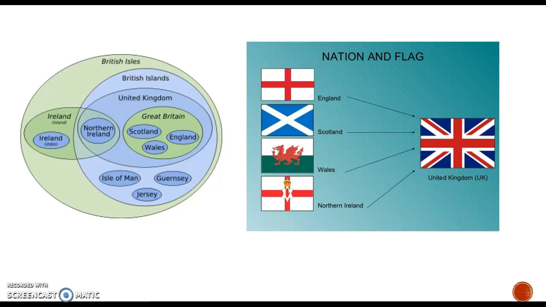Almost 100 years later, in 1801, the British and Irish parliaments passed the Act of Union uniting Great Britain with Ireland, and that created the United Kingdom of Great Britain and Ireland. Well, in 1921, Ireland had some unrest and they were divided. And then in 1931, the southern half became an independent country of Ireland, and the northern half remained part of the UK. So as you can see, the four countries have their own flag: England, Scotland, Wales, and Northern Ireland, but collectively they have the United Kingdom flag, which is also known as the Union Jack.